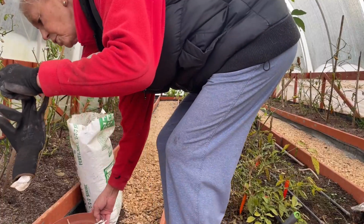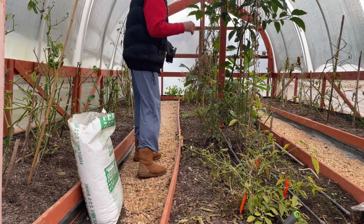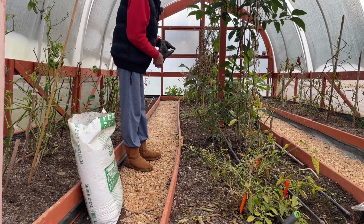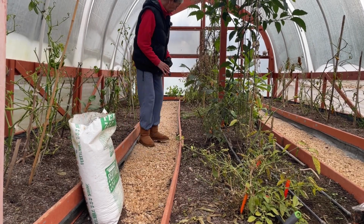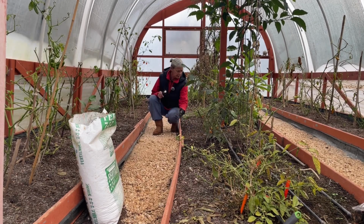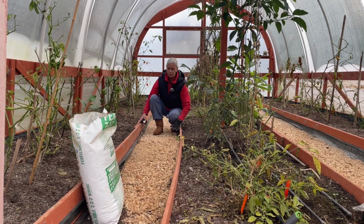The hoop house is not doing too bad. I have this year not rolled up the sides, so it's stayed pretty warm in here. And before I can plant, also a job Clive and I will have to do next week, but before he gets home I'll be scraping out all these chippies. I'm not sure if you can actually see how this is bent. This pole I believe needs to be raised, this straightened,